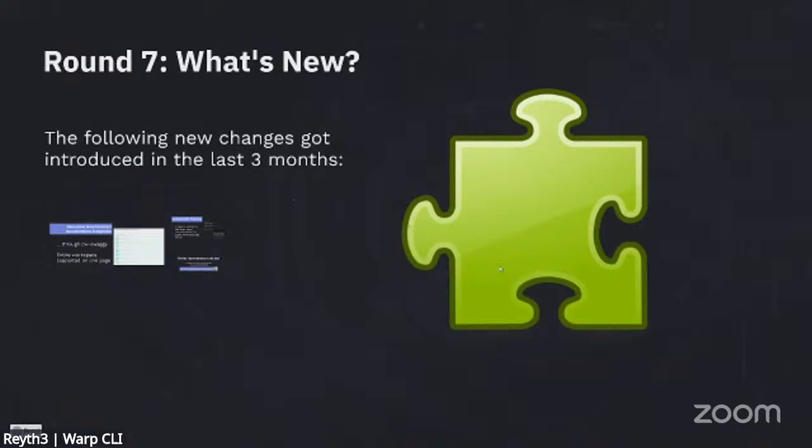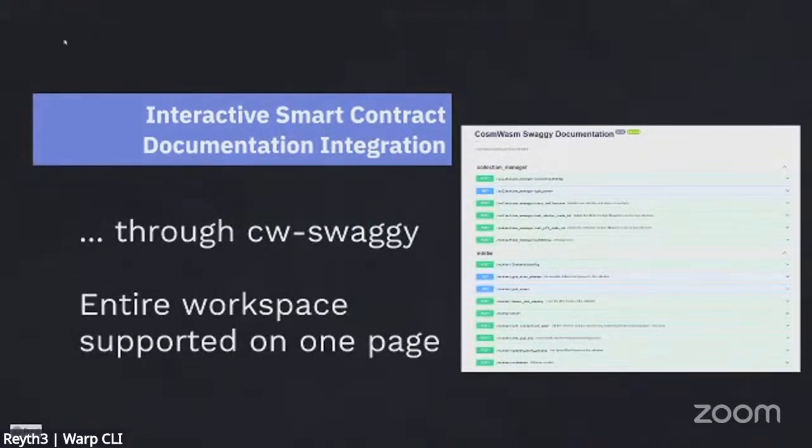So for this round, we have a few changes that have been made to Warp CLI. As you might have seen from the commitments, one of the main things that we have introduced right now is smart contract documentation using a Swagger-like interface. So basically, you get an easy command that with just one line of text, you can basically generate an entire page that documents all of your smart contracts and features and functions that it contains,